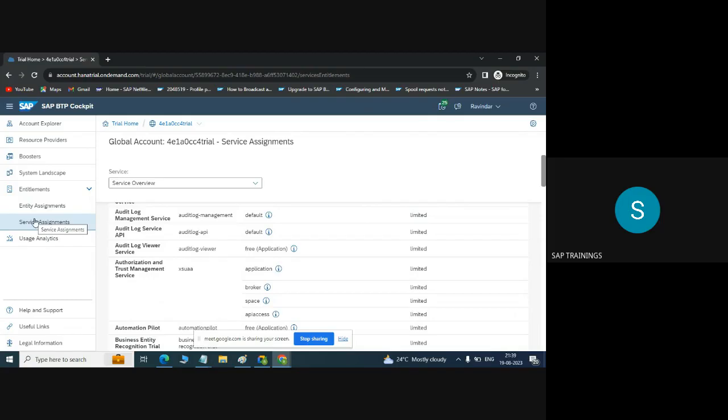Before that, first of all, what is the sub account here? Global account is what SAP provides to you. So what about your sub account? What is the sub account here? The sub account is the